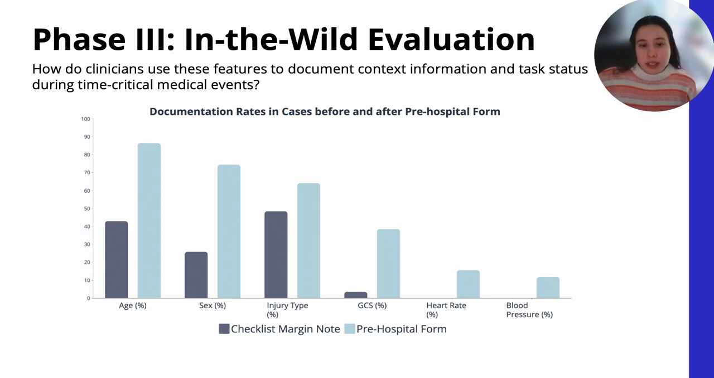Clinicians used the pre-hospital form during 85% of cases. The graph shown here compares documentation rates for the different variables between the checklist with just the margin note and the version of the checklist with the pre-hospital form. As you can see, the pre-hospital form increased documentation of variables needed for identifying patients with severe blood loss. But some variables, like age and injury type, were documented more frequently than others, like the consciousness score, heart rate,